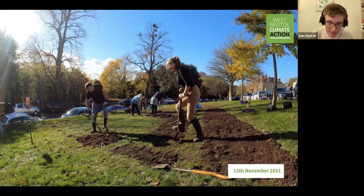So this is our team of volunteers hand turning the soil with shovels. They are digging their spade in, creating a little, what do they call it, a spit, I think, and then flipping the soil on top of itself. One thing to notice as part of the plan is we left these grass strips going between the turned soil,